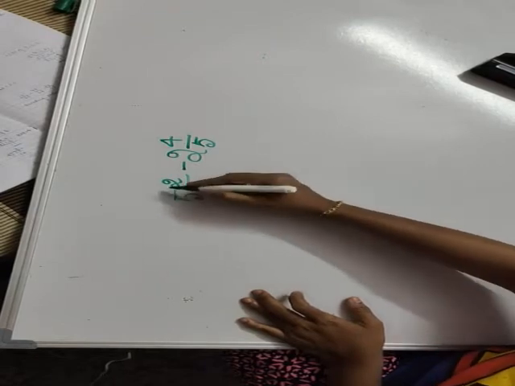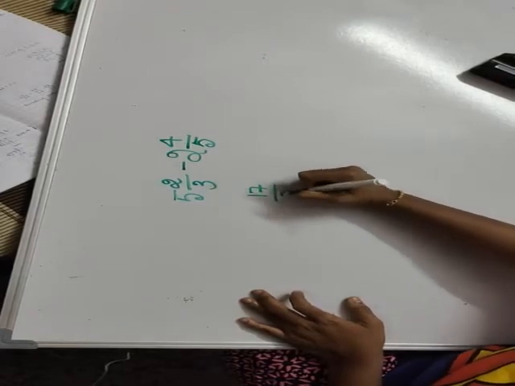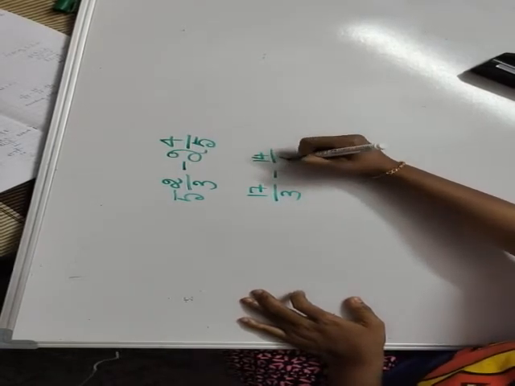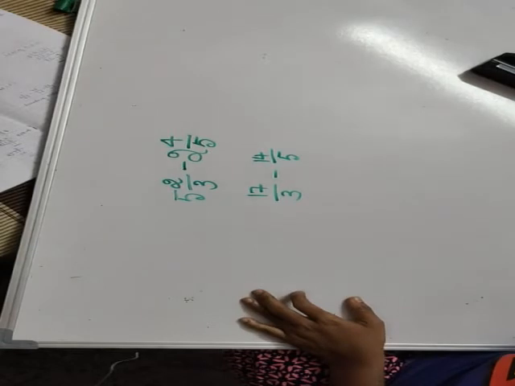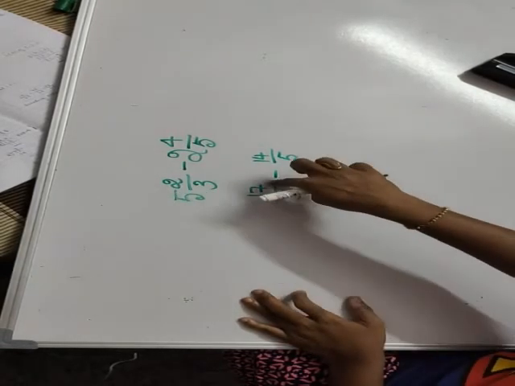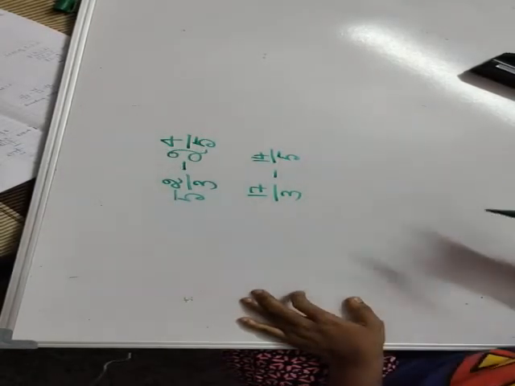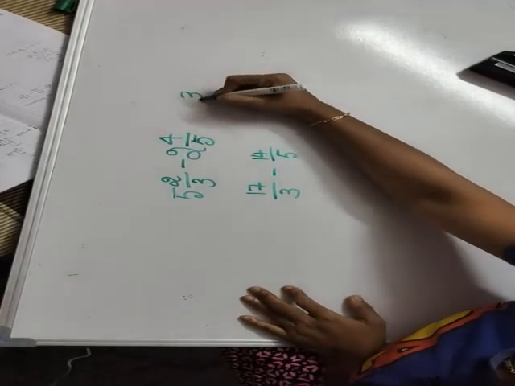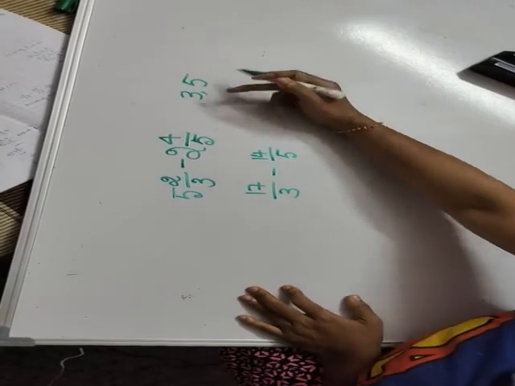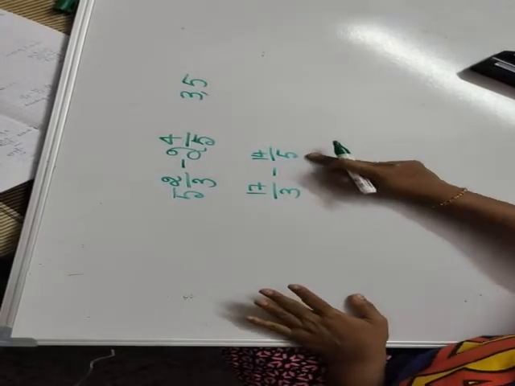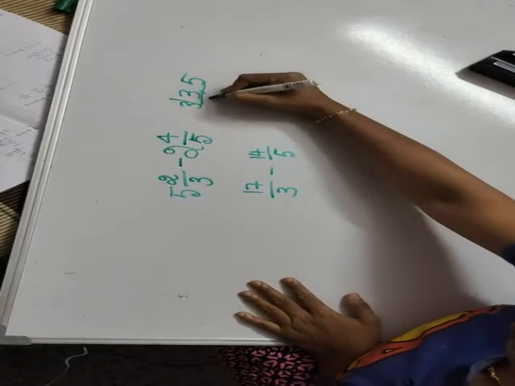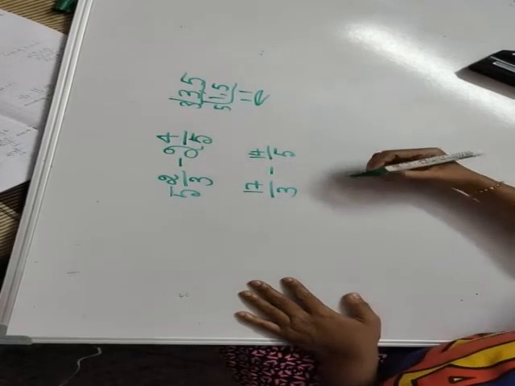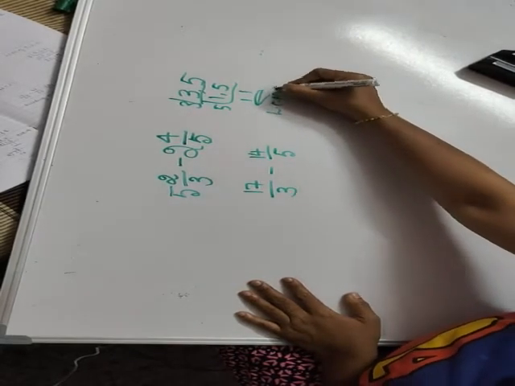Okay, convert here. 5 3s are 15, plus 2 is 17, so 17 by 3. 2 5s are 10, plus 4 is 14, so 14 by 5. Okay, correct. Now once again we have to convert using the LCM. 3 is a prime number, 5 is a prime number. When both are prime numbers, you can multiply directly, I said. Or you do this one, no problem. 3 5s are 15. So the LCM is 15.